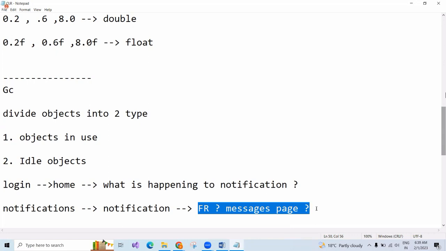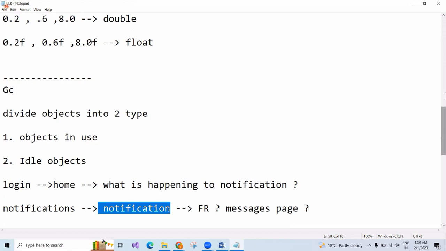No. Our .NET processor is dividing objects into two types: objects in use and idle objects. Now tell me, Manikanta, which objects are we using here? Notification. What are the idle objects here? Friend request and messages, right?